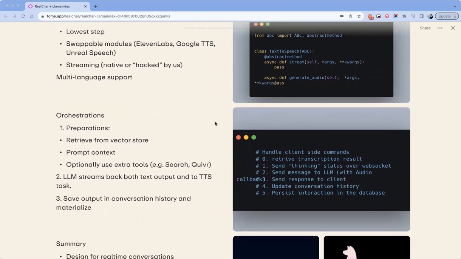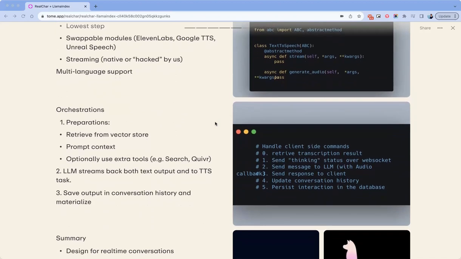Now, moving on to the orchestration part. This is where the language model is working and some of the heavy lifting is happening. Before we let the language model generate any response, we do a bunch of preparations. For one, we retrieve from the vector store any relevant context. That's how you can ask the character about some recent news, and it will be able to respond to that latest